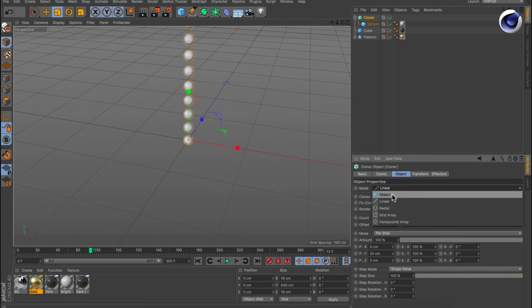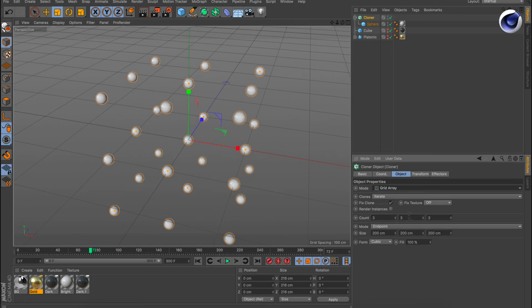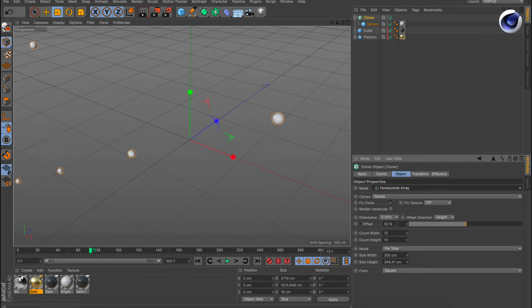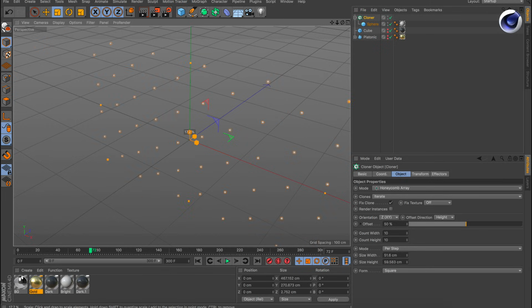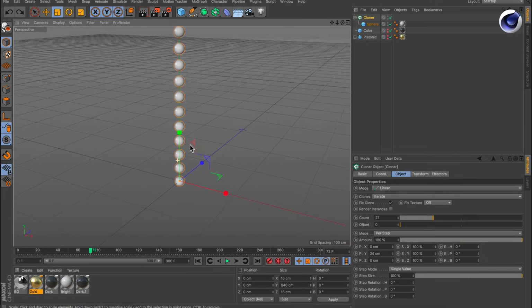We can also use another mode like radial, grid array, or even the very cool honeycomb array, like this. And yeah, what we want to do here is we want to clone all of those clones onto